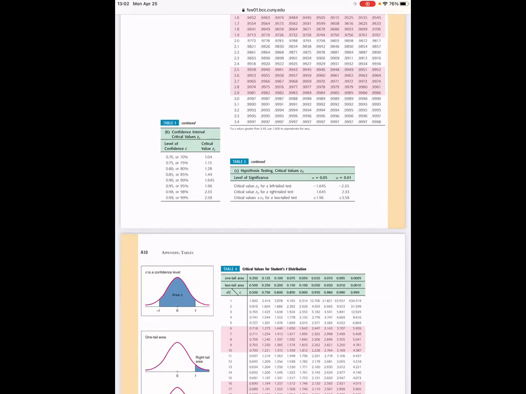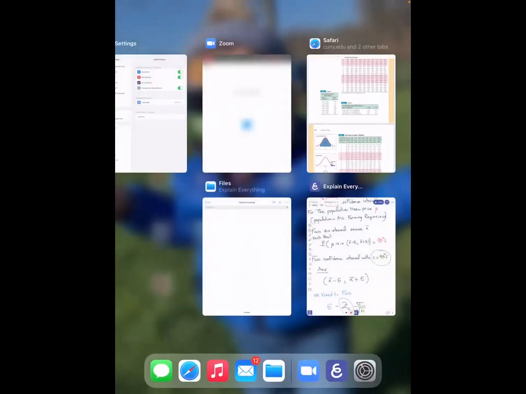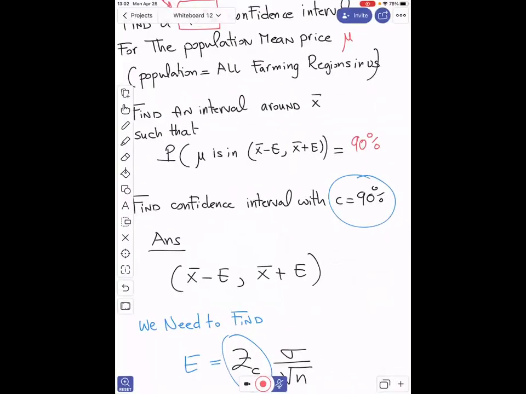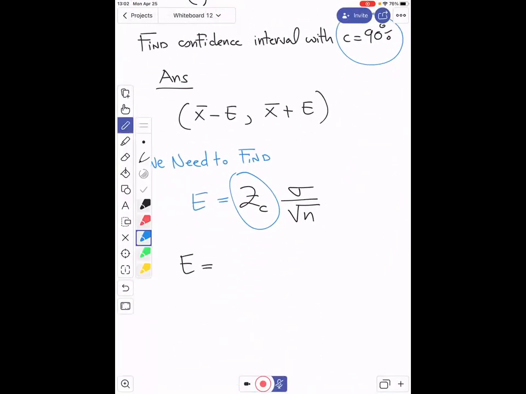Does anyone see it from the table? It's 1.645. Yes, absolutely, it's just the 1.645. Right here, this number, because my confidence level is 90%, so this Z subscript C, or critical value, is